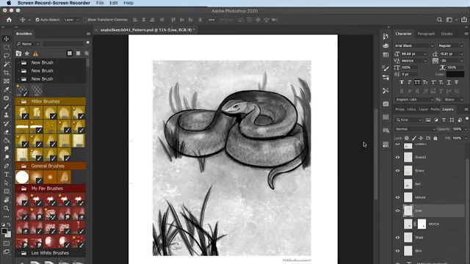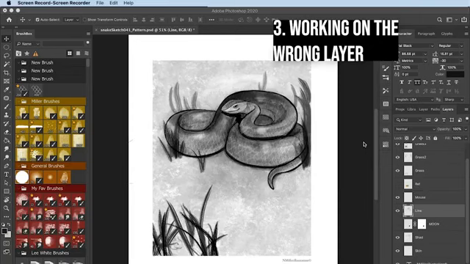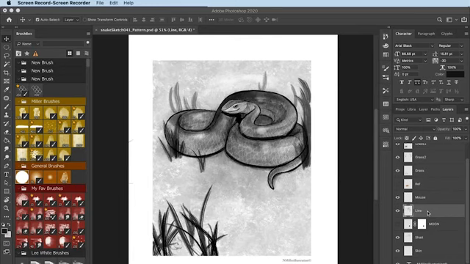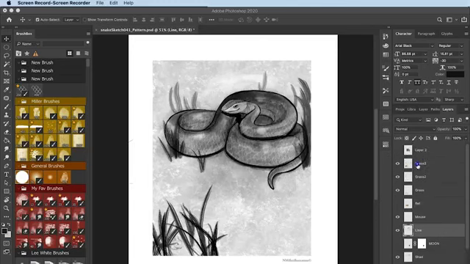All right, guys, I wanted to talk about tip number 3, an error that happens with Photoshop. Students will not pay attention to what layer they're on. There's a tendency of wanting to not name layers. As they work on more complex illustrations, if you don't label your layers, like I have 3 different layers with grass on it,